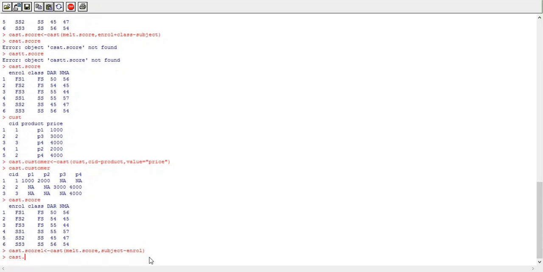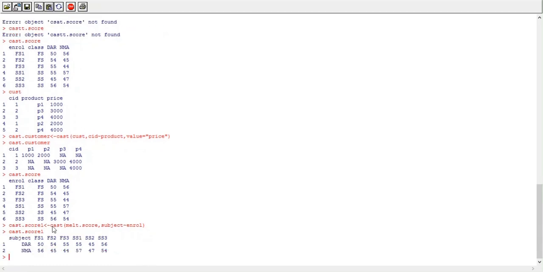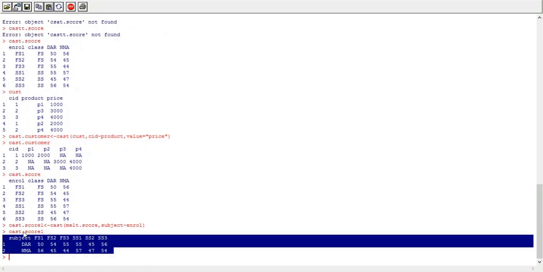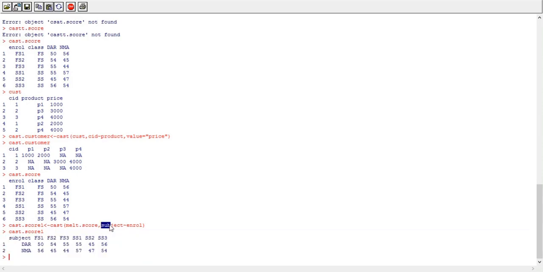Now let's see what will be the output of this mapping. So this is the output. Subject is a constant column, DAR and NME, and the enrollment column is divided into different columns. So this is how we can get different wide formats by using the cast function and by changing the mapping.